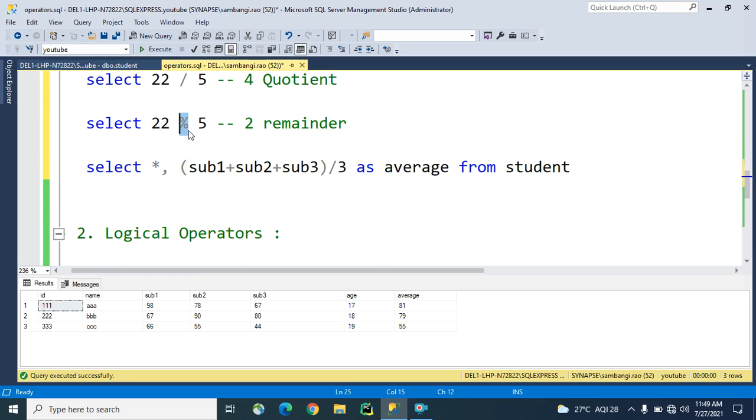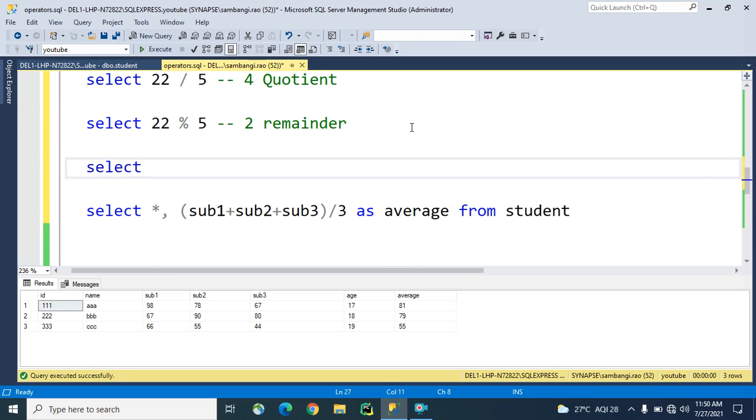Suppose select some number percentage 2, it definitely returns remainder 1. When this modulo operator returns 1, it is an odd number.